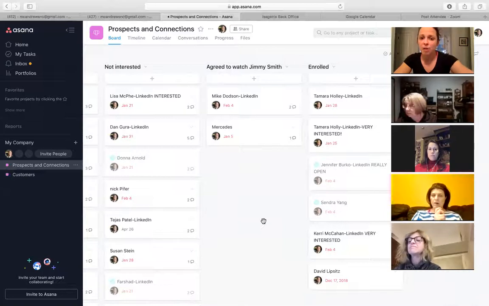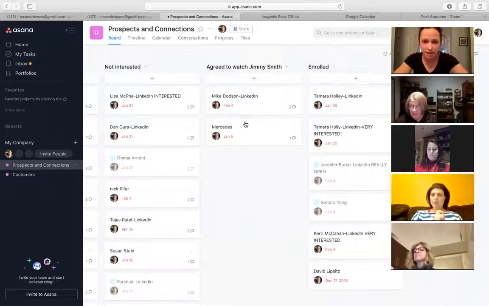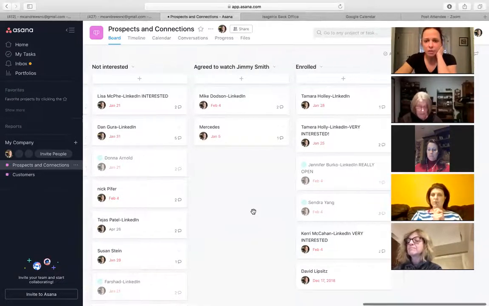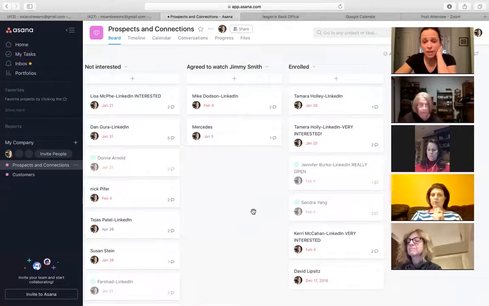And then I followed up with all of them. And then once followed up, I either enrolled them or I moved them somewhere, except for these 2. I didn't, because Mercedes never responded and I never followed up with Mike. Actually, I think Mike never responded either. Maybe that's why they're both just still sitting here. So hopefully this makes sense to you guys.